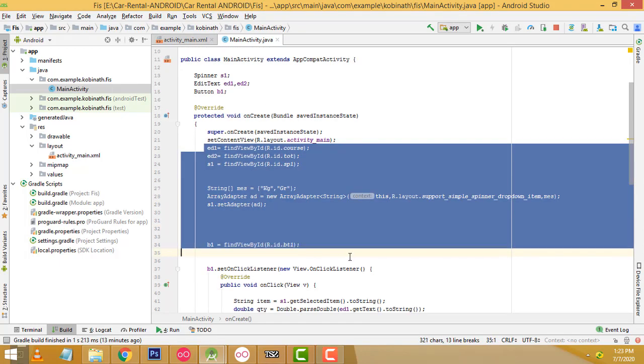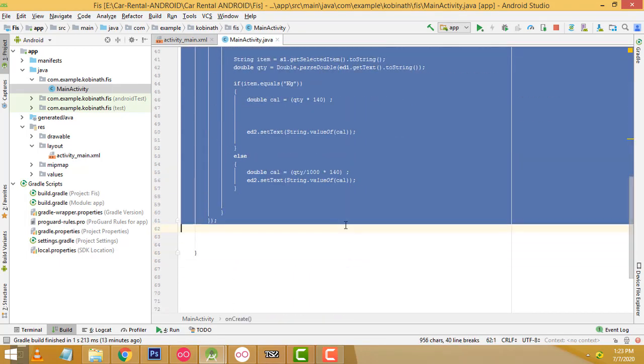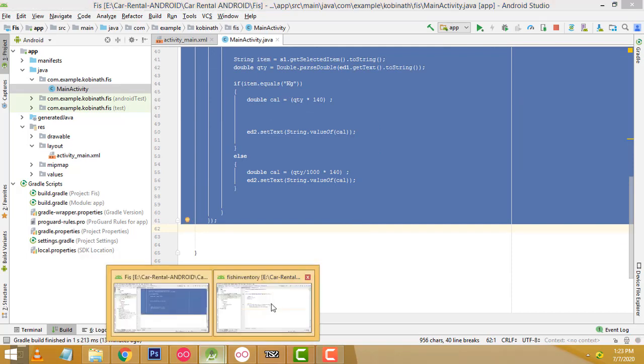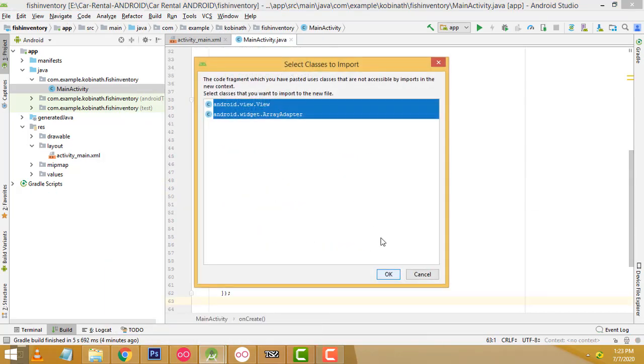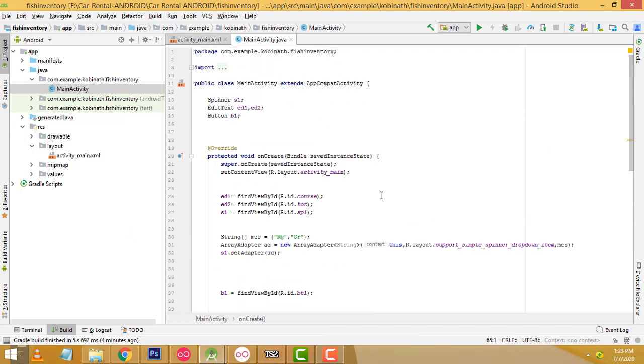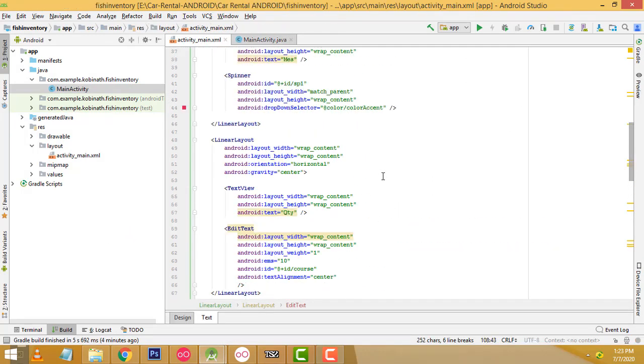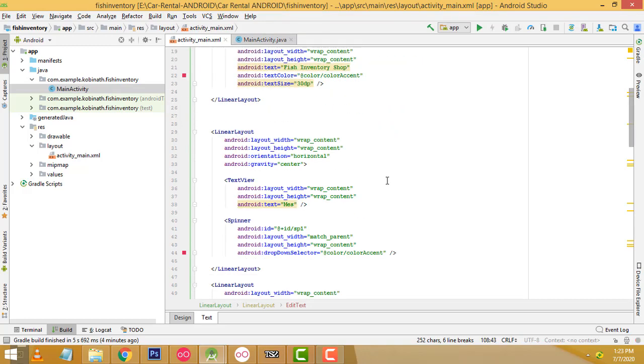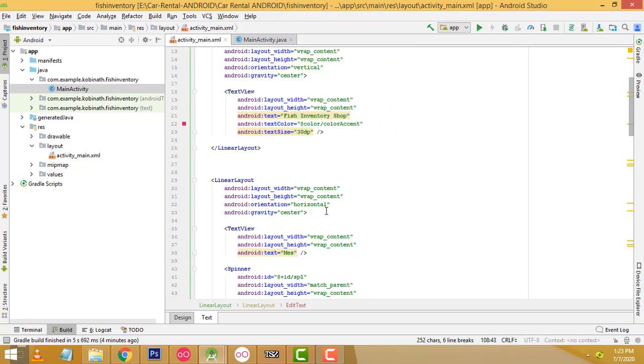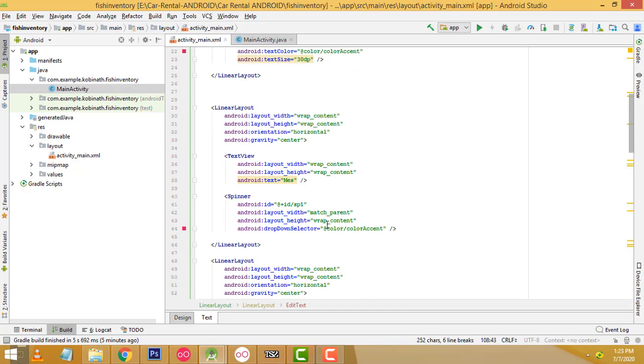What's the name you are given here? So all the stuff you have to copy. Don't worry about it, I will explain it. Right. Here the thing we have to change is the ID. We have to change the Android ID. Here, text to this heading. This is the ID. We have to put this SP ID.